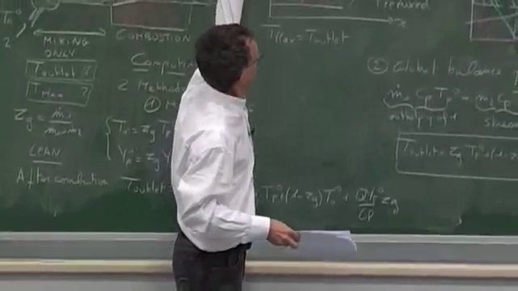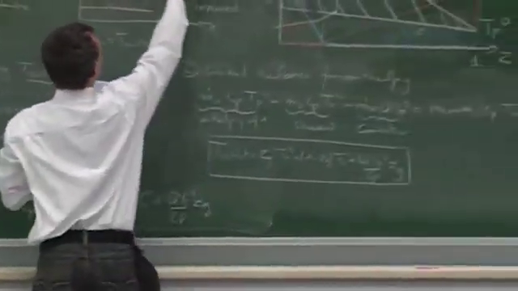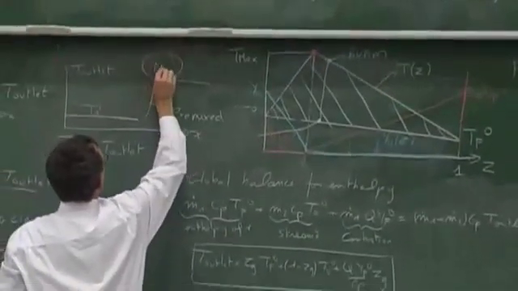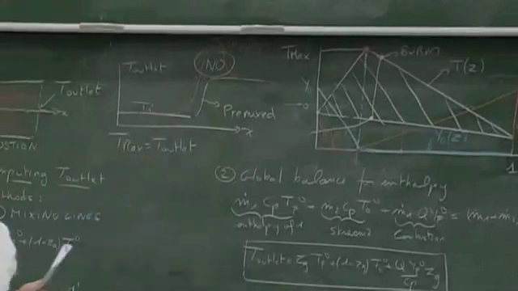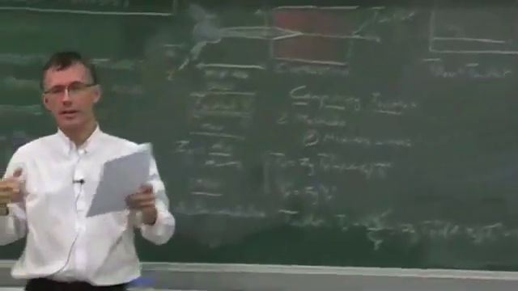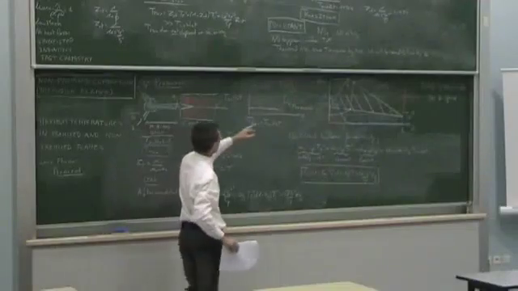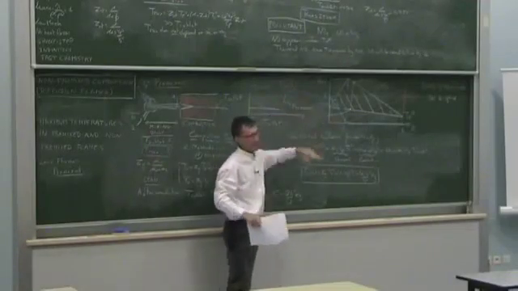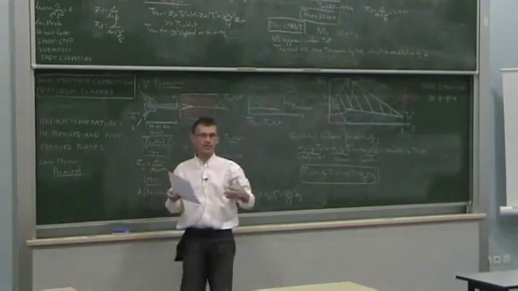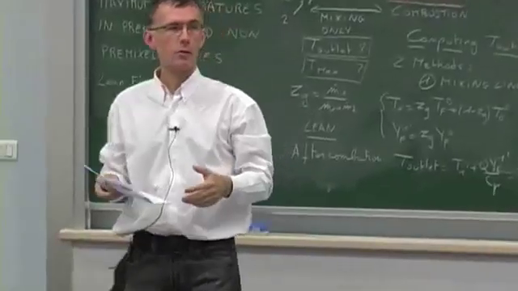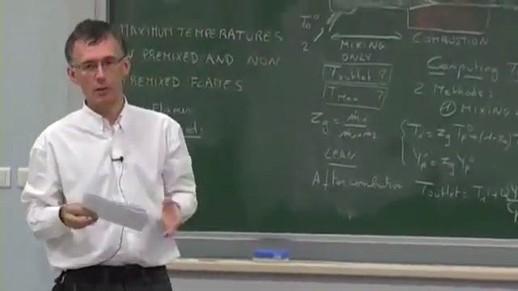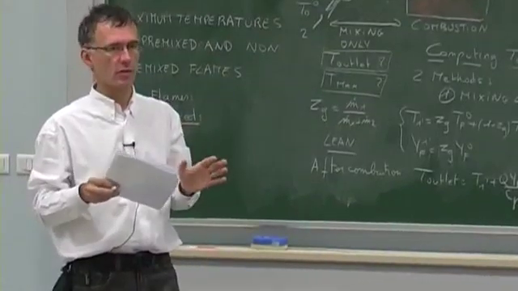Here, in this zone, you will produce a huge amount of NO, maybe 10 times, 20 times, 100 times more than the premixed flame. And so basically you're dead. You cannot sell your system anymore. If you produce that much NO, it's the end of the story. You cannot work with this system.